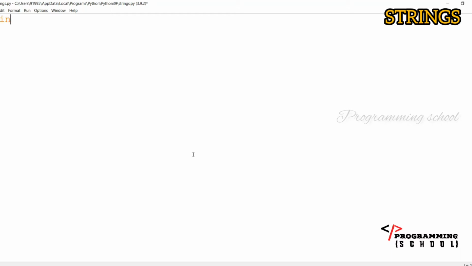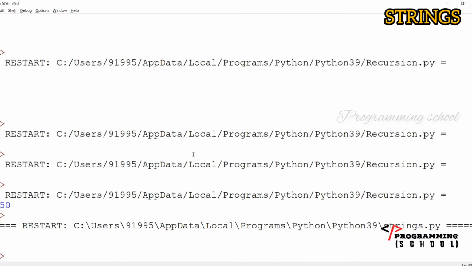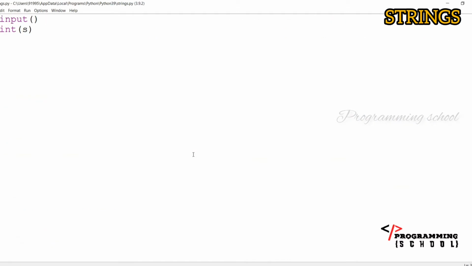For example, if you want to read the data every time, I'm going to simply write s is equal to input(), then automatically it is going to be read as a string. For example, here I'm going to give 12, so the s value is going to be 12. Just observe here, the type of s is going to be a string only. Every time I read any value using input, it is going to be a string only. Then we simply read a string like this, input(), and I'm going to print the string like this, print(s).